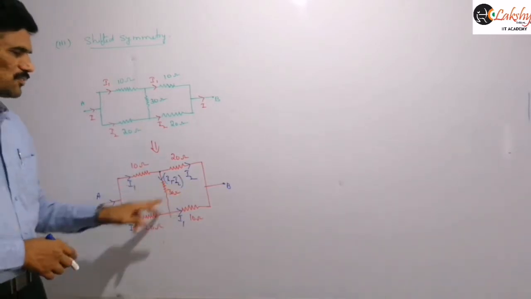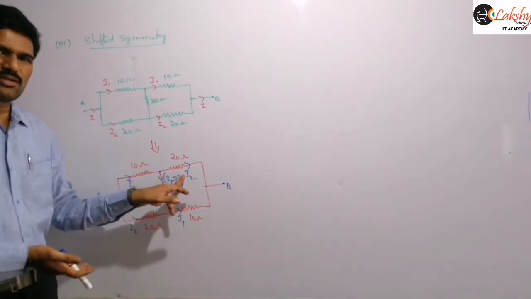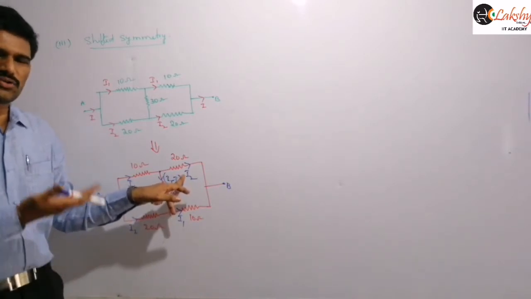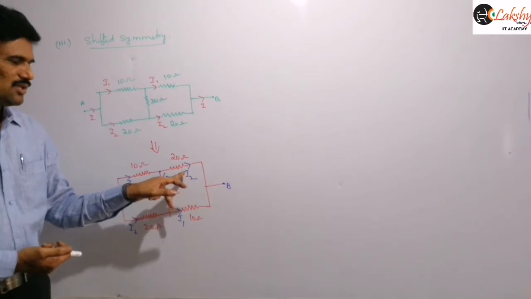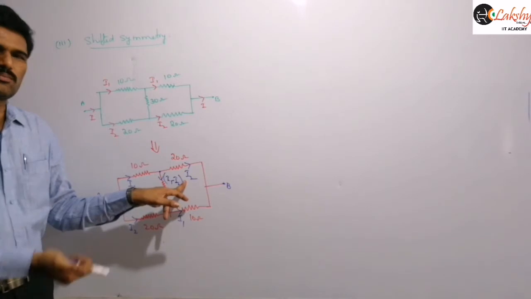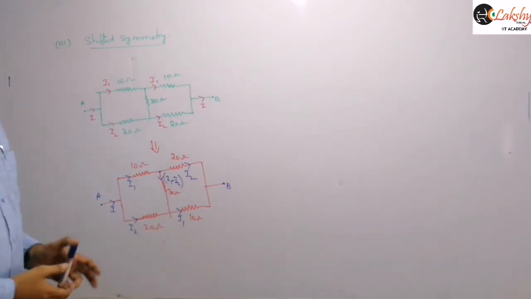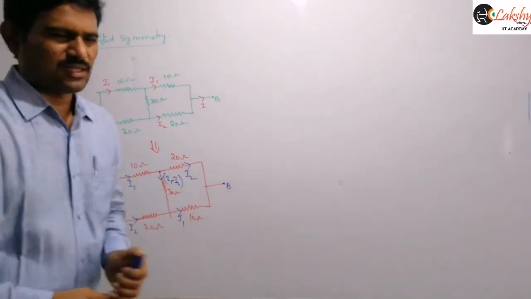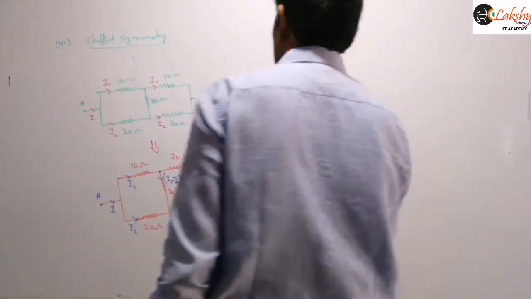That means if we don't know this point, then here also we need to take some other variable. You can't take I2 directly if you don't know about this shifted symmetry. You need to take some I3, for example, then one more variable will be there, so we need to apply the Kirchhoff law one more time. And so that is the circuit here. Now I will solve this circuit just by applying the Kirchhoff law.